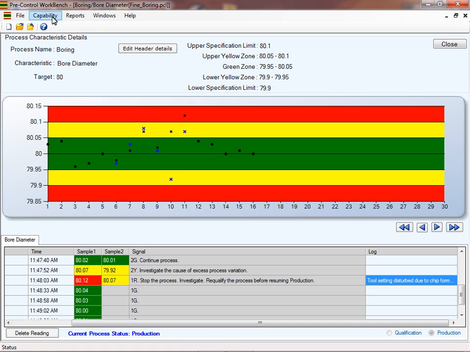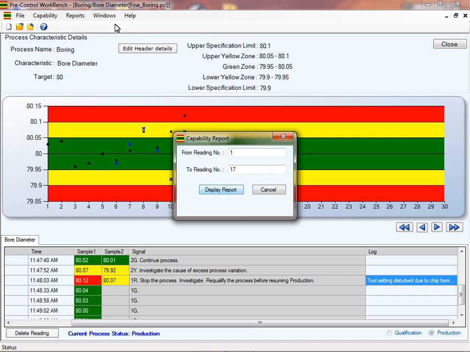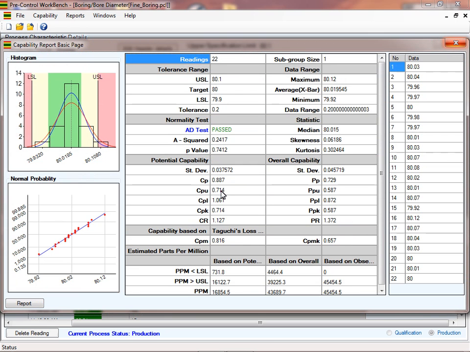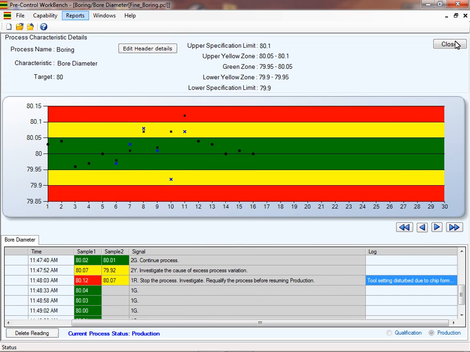Explore process capability over your horizon of interest. Create professional reports of pre-control in a format that you choose.